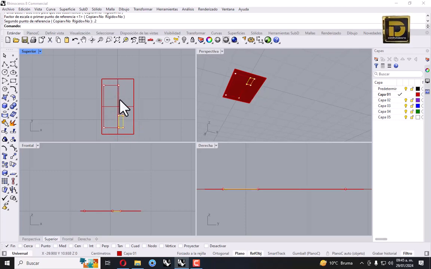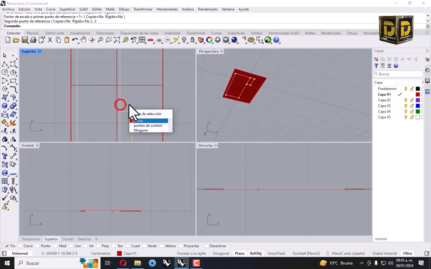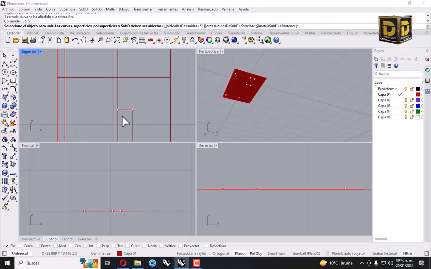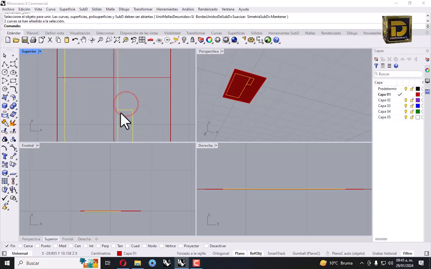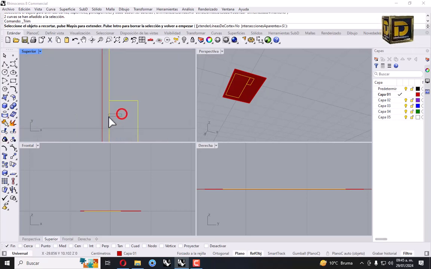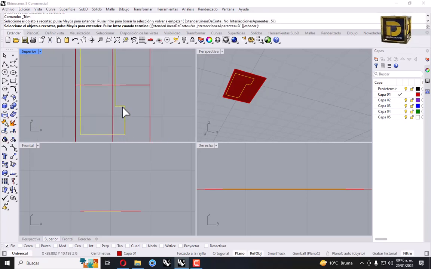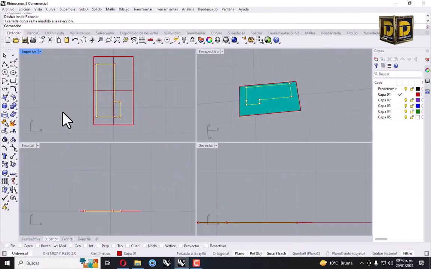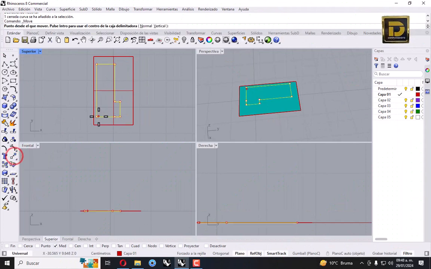Okay, select these curves, go to trim, select this part, enter, close curve, go to join, select this curve, and we need to move from this point,